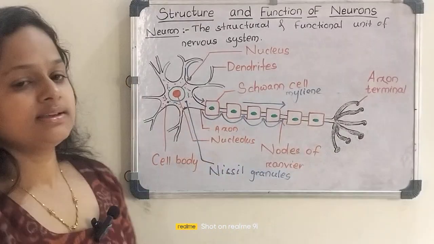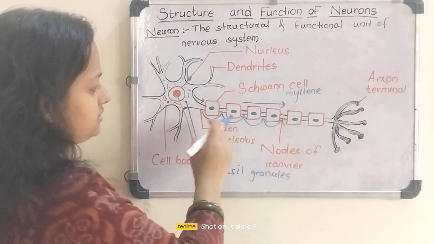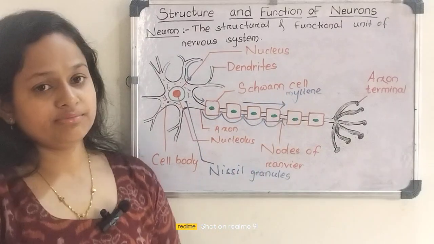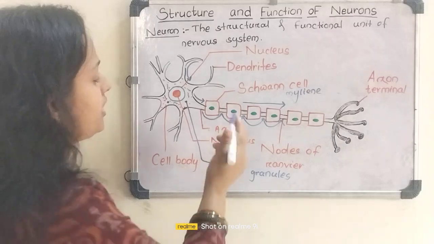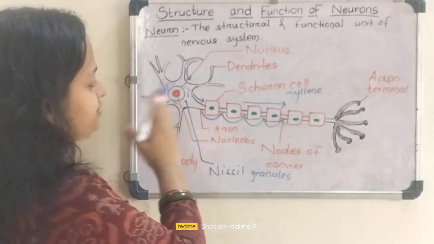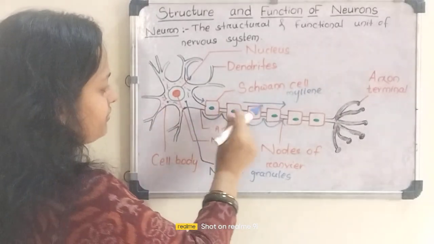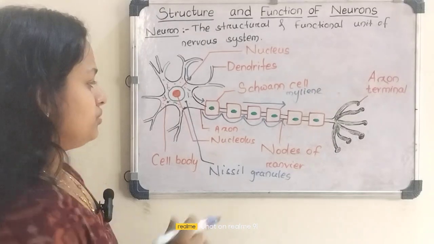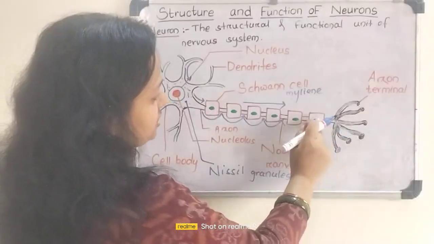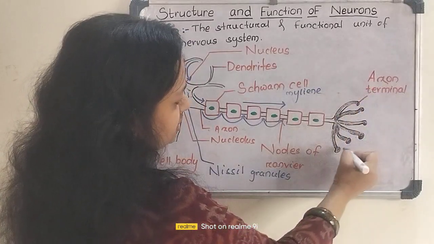So it takes a small time when the axon is surrounded by a myelin sheath. And these Schwann cells are a separate type of cell, separate from the neurons, and they have a separate nucleus also. So after the transmission through this axon, the impulse reaches the axon terminal,